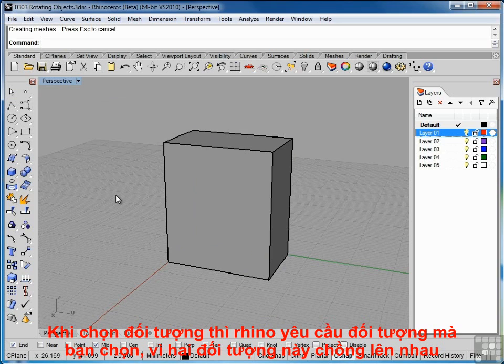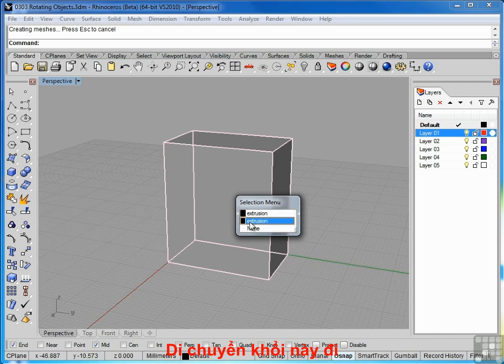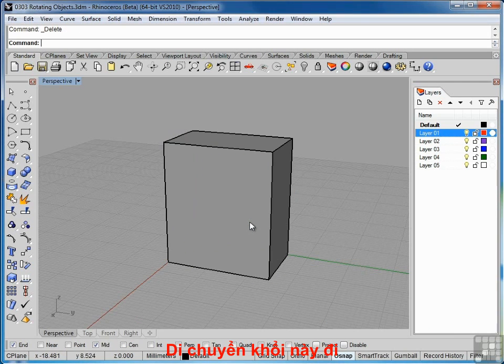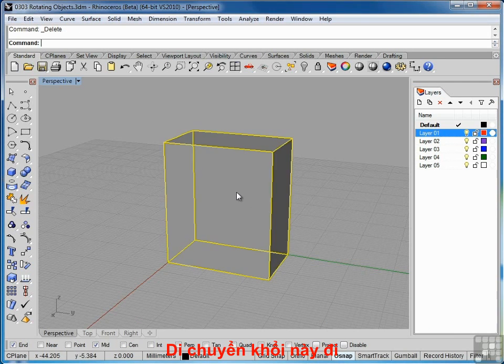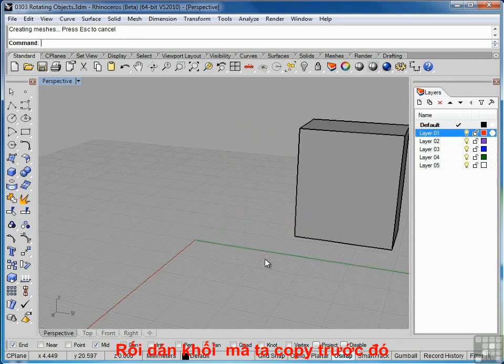And now if I deselect the box and reselect it, you'll see Rhino is asking me which one of the two objects I'd like to choose. That's because there's two objects that are mathematically overlapping right where I've clicked, and Rhino doesn't know which one I want to select. I'll just pick one of those, and I'll hit Delete. Now if I click again, you'll see it just selects the box, because that is the only piece of geometry in that particular location. I'll just go ahead and move this box out of the way,